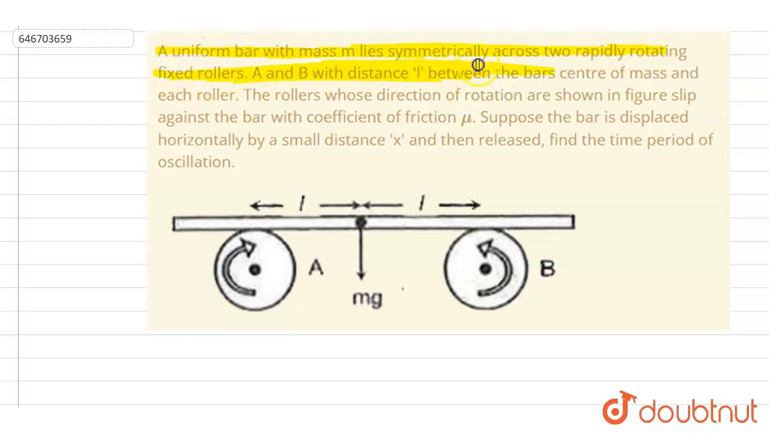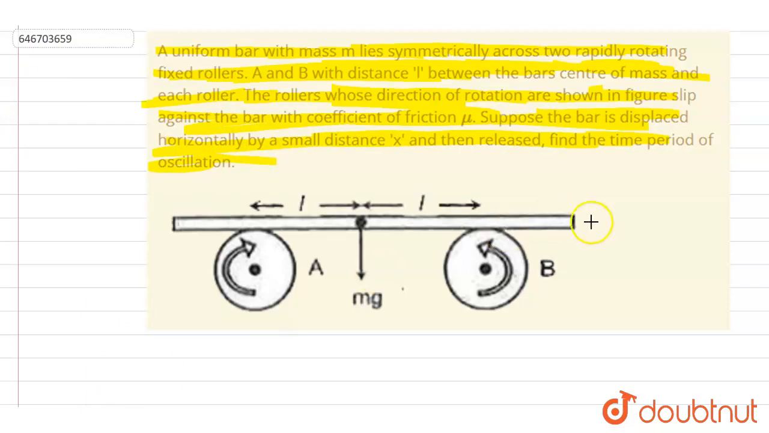Hello everyone, a uniform bar with mass m lies symmetrically across two rapidly rotating fixed rollers A and B, with the distance L between the bar's center of mass and each roller. The rollers rotate as shown against the bar with coefficient of friction mu. Suppose that the bar is displaced horizontally by a displacement x, then released. You have to find out the time period. So when you displace it by a distance x like this,